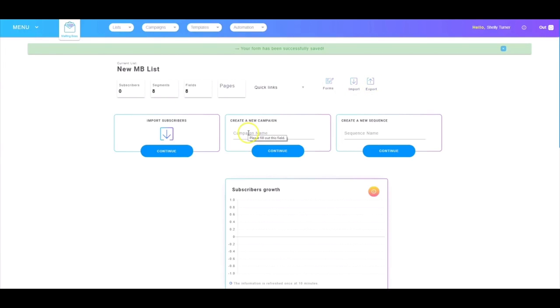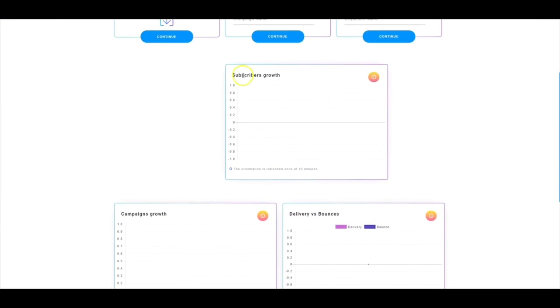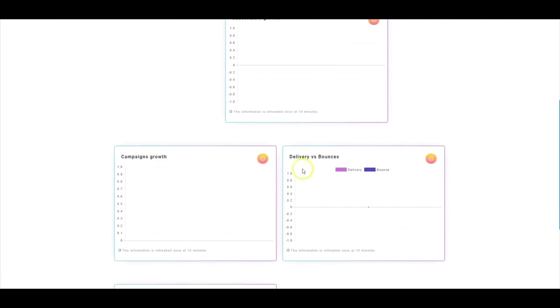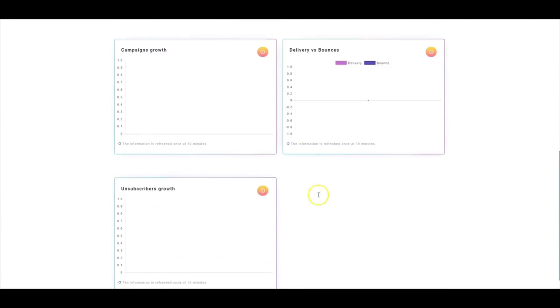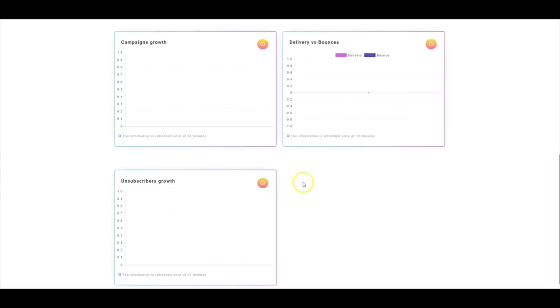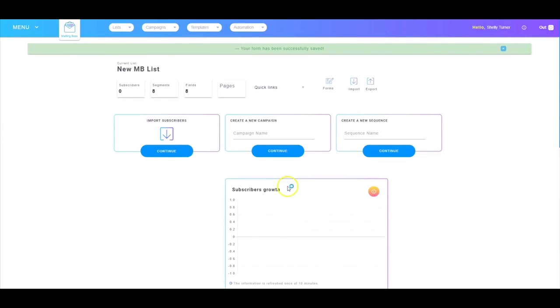I can create a new campaign from the screen, and I can create a new sequence from the screen. I also have some analytics, including subscriber growth, campaign growth, and delivery versus bounces, and unsubscribers growth. I have already added my first subscriber list. Now I can go in and add my first